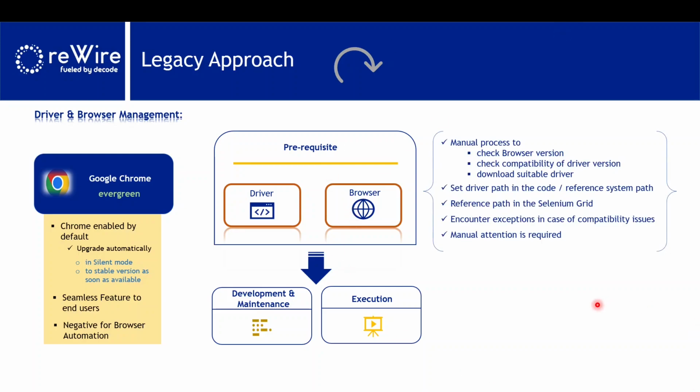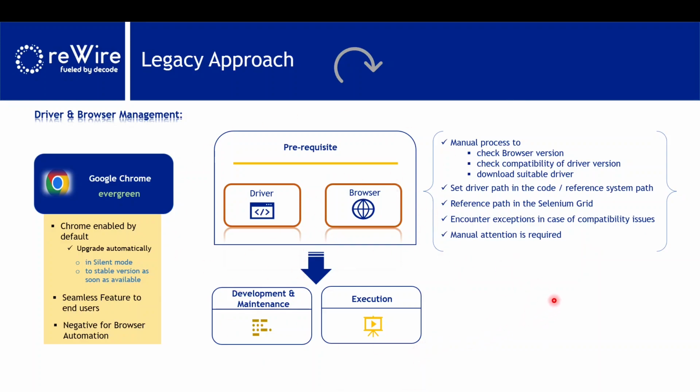I have given a few inputs here. There is a manual process to check. Before starting any automation related activity, we have to check the browser version and compatibility. Then we need to go to the blog and understand the compatibility of that particular browser version. And we need to give the driver path in the code or reference it in the system path. If you are using Selenium Grid, you need to give the path of the driver as well. If you're not providing this information and you initiate the execution,